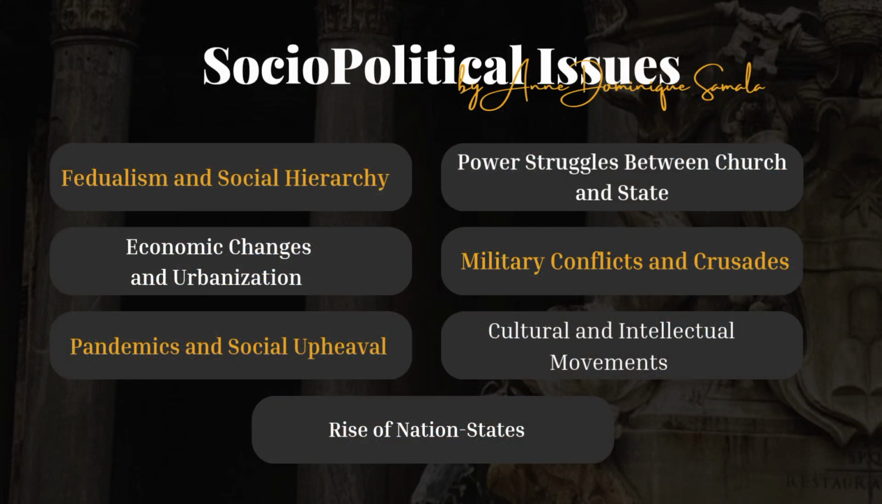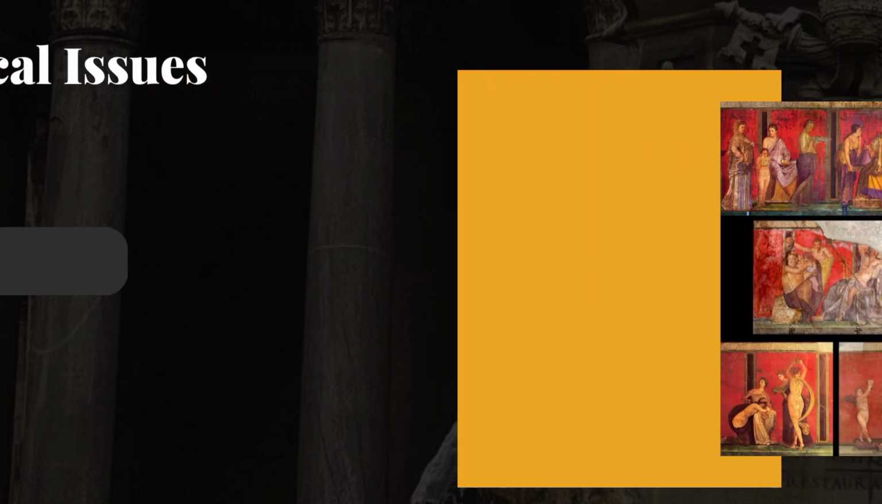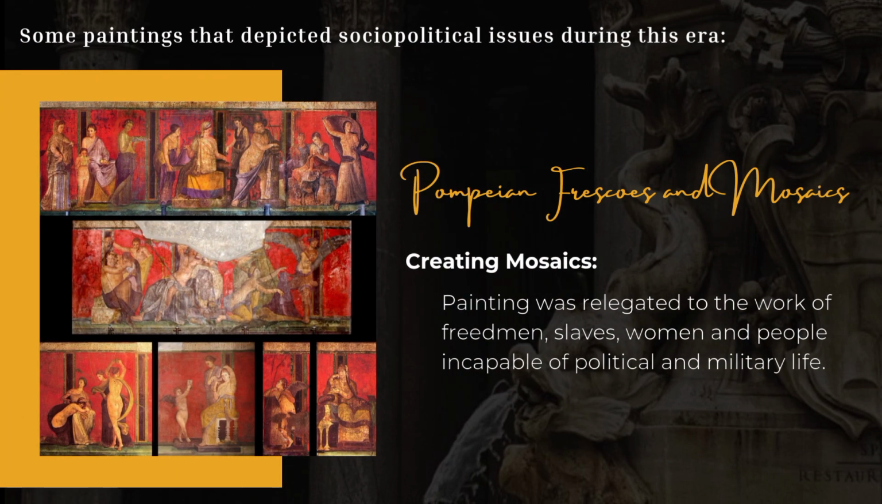After knowing the influential persons during the eras, let's now move on to the socio-political issues that arise during the two eras, focusing on their painting artworks. First is Pompeian frescoes and mosaics. During the creation of mosaics, painting was relegated to the work of freedmen, slaves, women, and people incapable of political